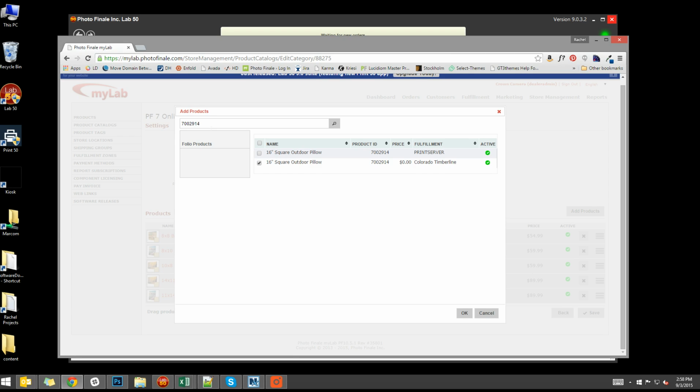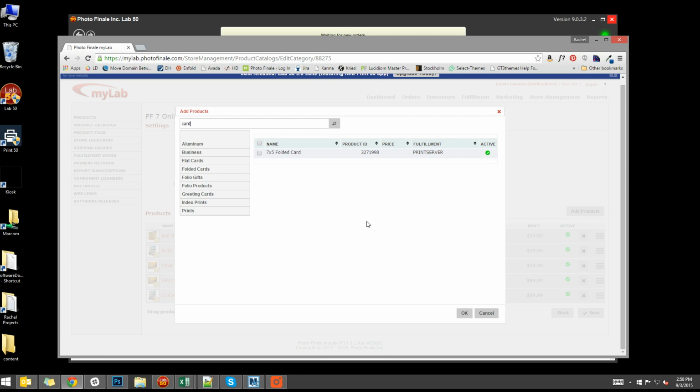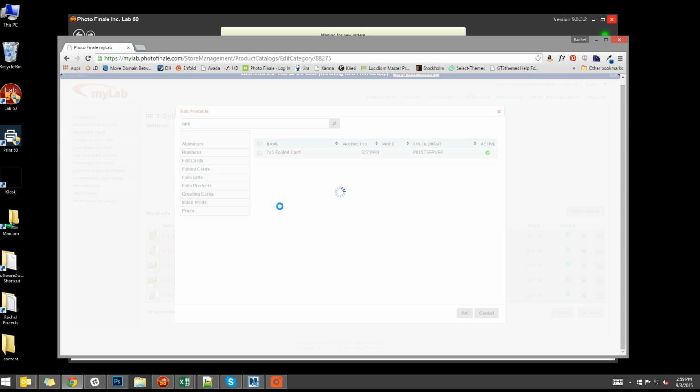So that's it. I'm going to click OK. And now there are those two products right here, which I can then go into and adjust. If you exit them, or add them by accident, it'll bounce you back through. And you can click back and continue